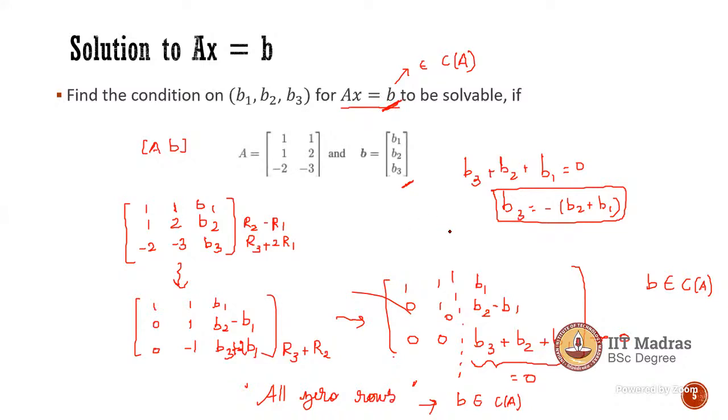But this is not clear, man. How is it a combination of the column space of A, the B out here? Because your column is 1 0 0. So if B belongs to the column space of A, then it should be some linear combination of any vectors of the column space of A.